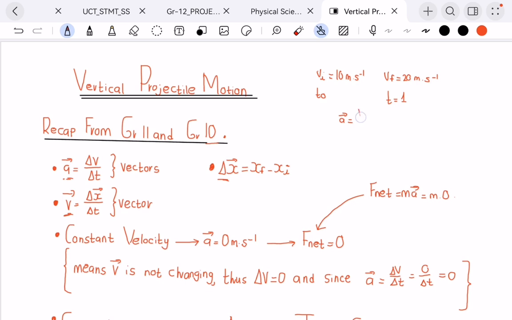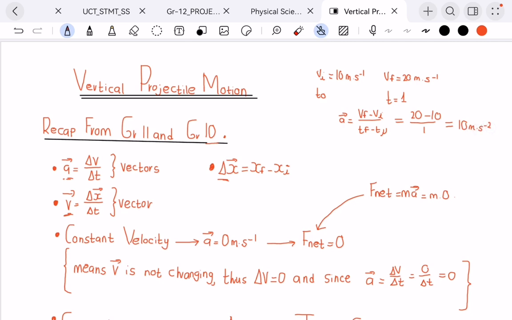So this is vf minus vi over tf minus ti, right? So v final is 20, and v initial is 10, t is equal to 1. So therefore my acceleration is going to be 20 minus 10, which is 10 meters per second squared,